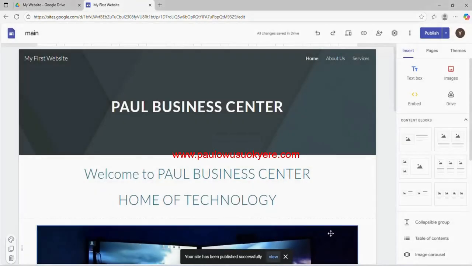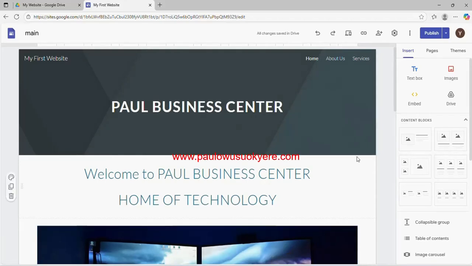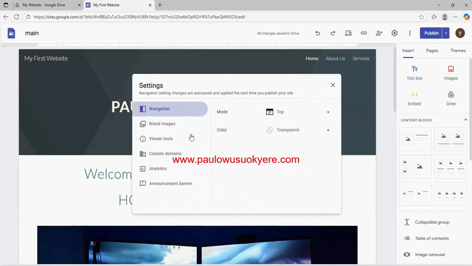Okay, it says your site has been published successfully. After publishing, you can click on this settings icon. So I click settings, and then I go to any domain registrar like